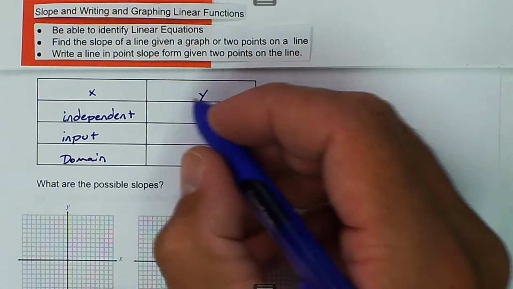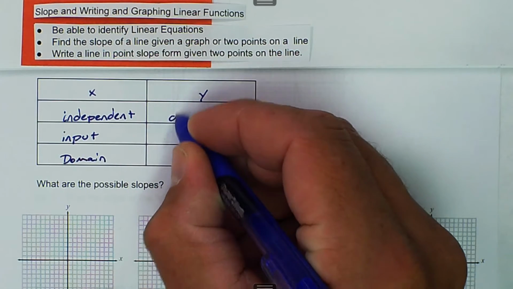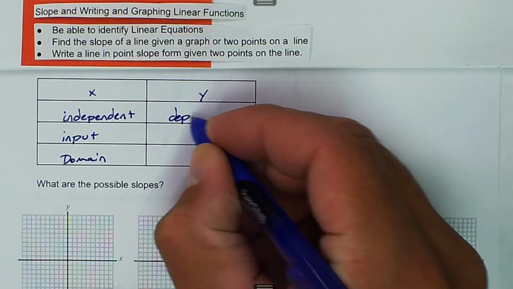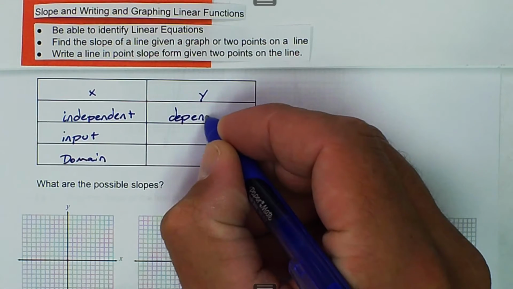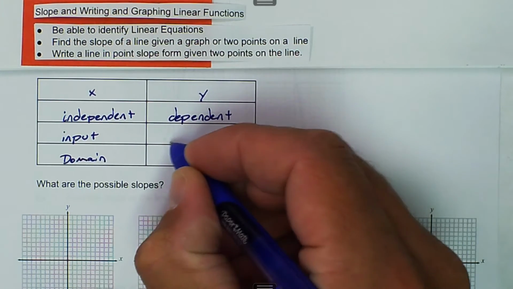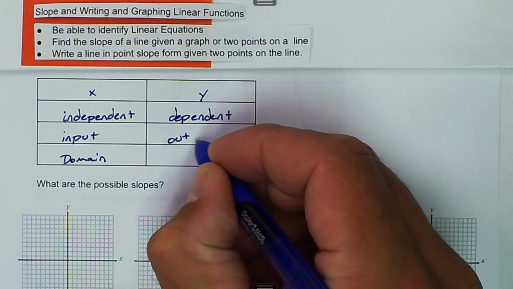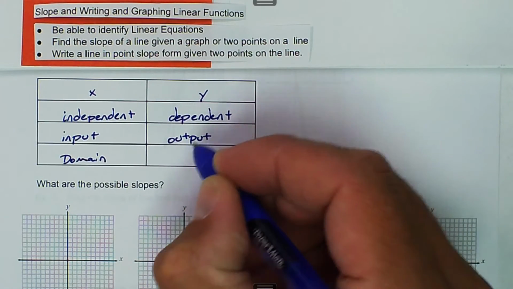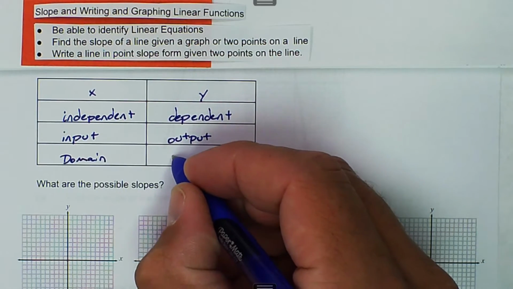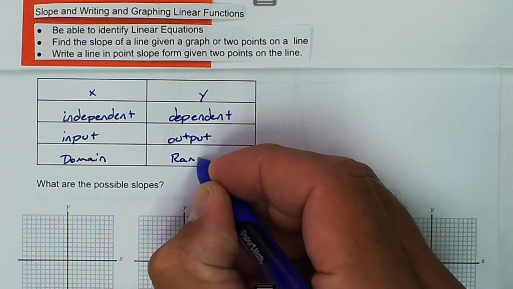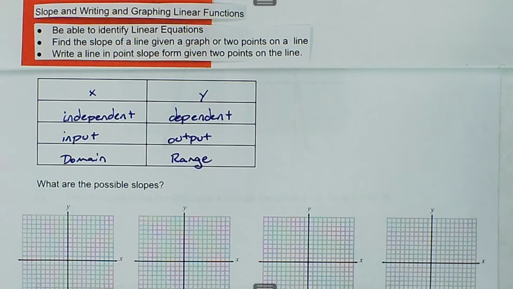The y is referenced by being the dependent variable. It could be the output or the range. All right, and then